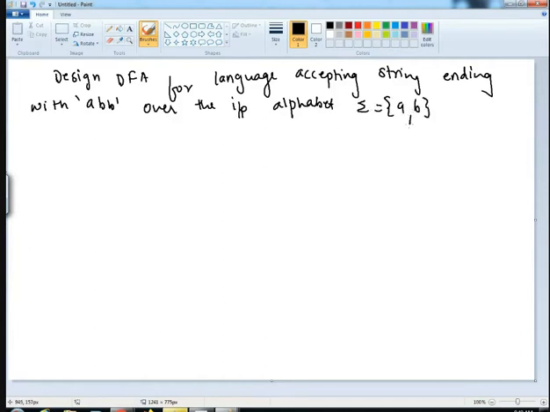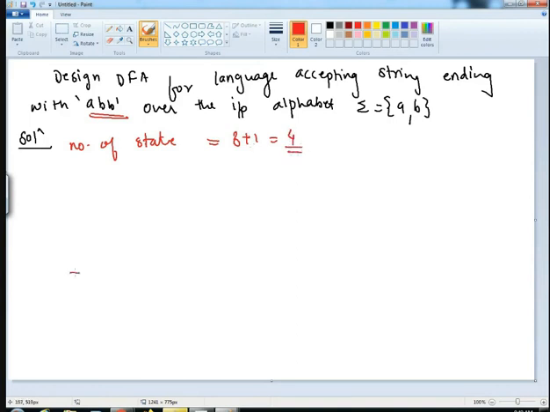तो आपका यहाँ पे input क्या है? A, B है. Now again, if you start solving this particular problem, what's the first step I said? We need to find out the number of states. Number of states कैसे रहेगा? जो भी आपकी length of the string रहेगी. अब length क्या है? 3 है. 3 plus 1. That means 4 states will be required.